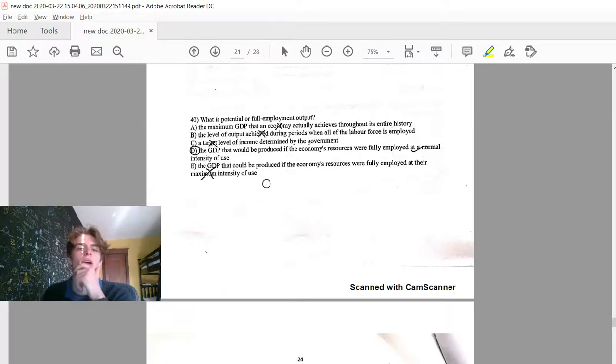All right. What is potential or full employment output? Okay. So a lot of people for this question probably put maximum intensity of use. Think about that. So full employment is not necessarily when everyone is employed in the economy. Like we have an unemployment rate of 6%. If that is our unemployment rate and we are at potential output, like we're in long run equilibrium, then we're at full employment, even though not everyone's employed. So that's the first part. The second thing is